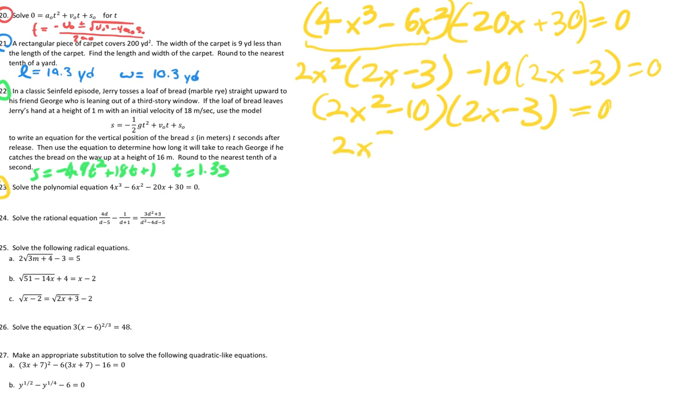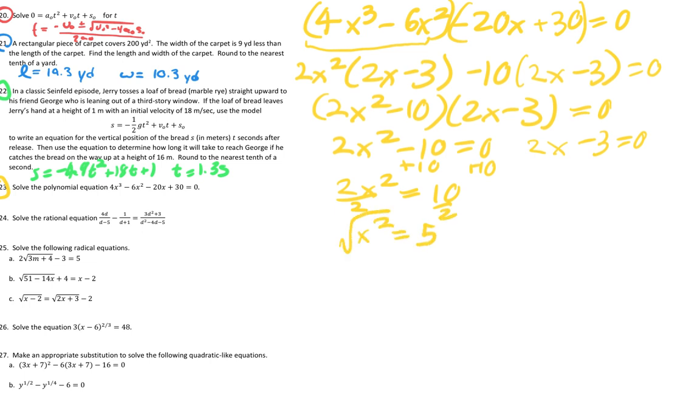So 2x squared minus 10 is equal to 0, and 2x minus 3 is equal to 0. Solving the 2x squared minus 10 equals 0 first, I'm going to add 10 on both sides. So 2x squared is equal to 10. Next, I'm going to divide by 2 on both sides. So x squared is equal to 5. Now we're going to take a square root of both sides. So we're going to have x is equal to plus or minus the square root of 5 since we introduced